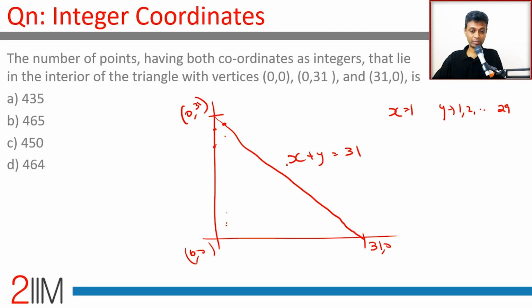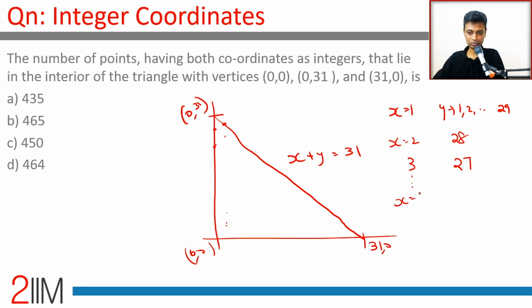So there are 29 points for x equal to 1. X equal to 2, y can go up to 28, 28 points. X equal to 3, 27 points. X plus y should be less than 31. X and y both are positive. How many possibilities exist? We could go all the way till x is